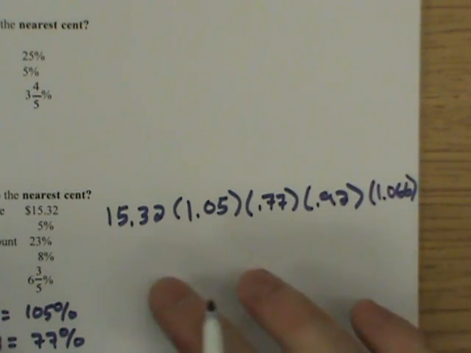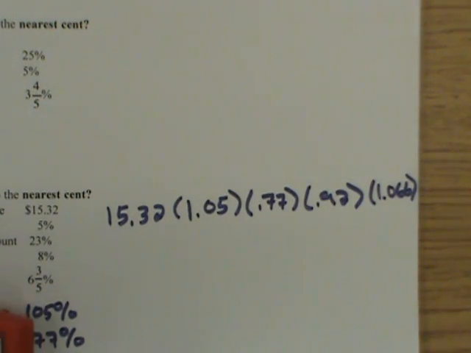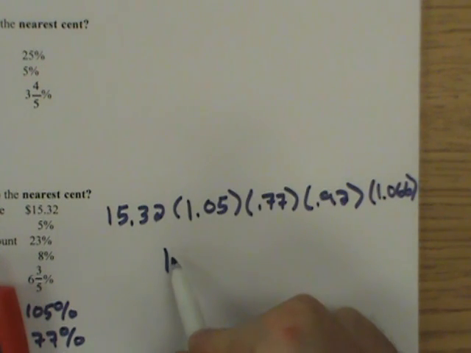And I simply multiply all these numbers out, and I'll tell you what the final price of this pie is going to be. 15.32 times 1.05 times 0.77 times 0.92 times 1.066. Final cost for this pie will be